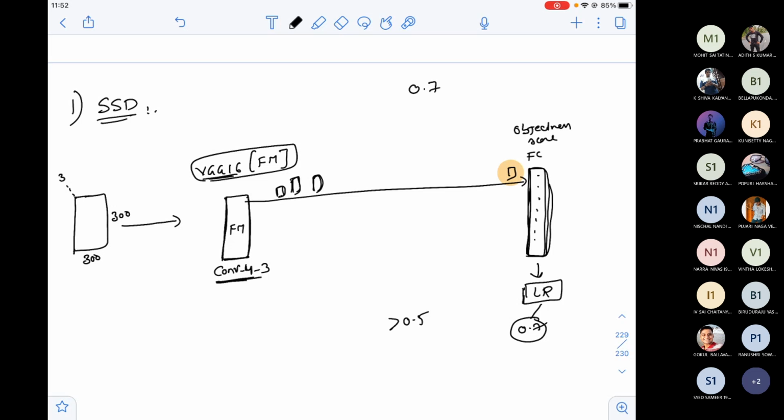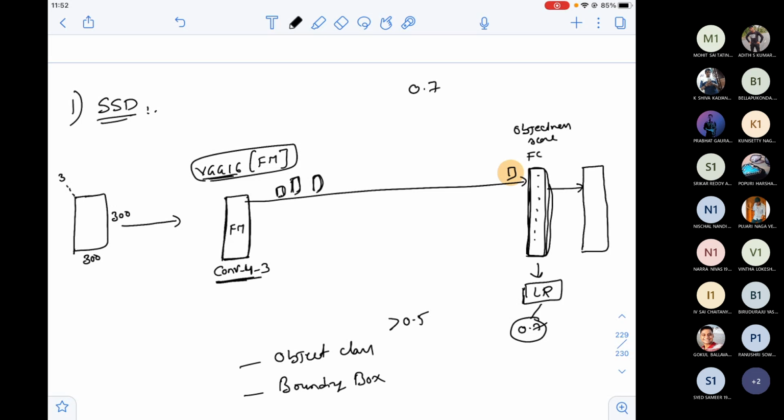Now, if some object exists, then what do I have to do? I have to first classify the object name in that box, and I also have to draw the bounding box. Two problems: object class and the bounding box.